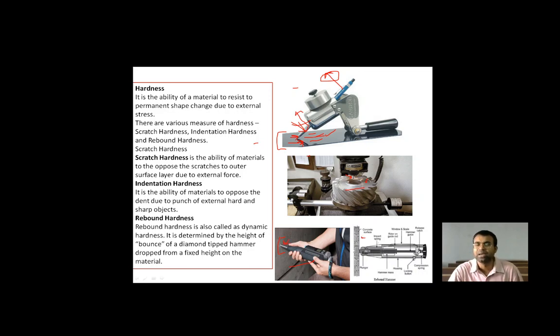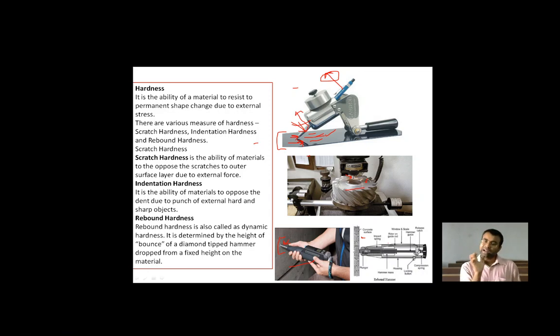और ये फिगर उसी को शो कर रहा है, that is showing how this particular rebound hardness is to be checked of that particular material, to know how much hardness this particular material is possessing. So हर मटेरियल की रिक्वायरमेंट अलग है। अब आप देख सकते हैं कि तीन तरीके से हमने हार्डनेस को डिफाइन